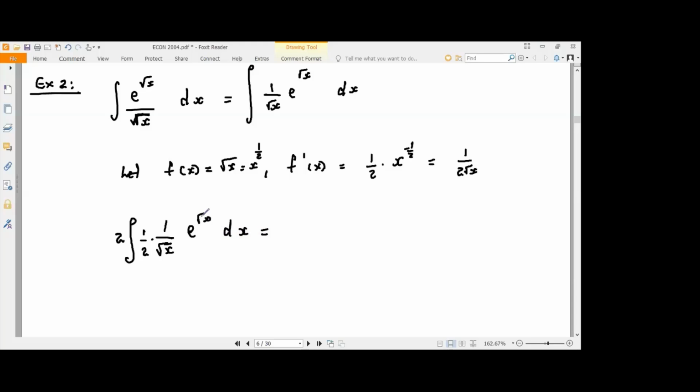Now, if you realize, this here is the differential, so this here is f prime of x, and this here is f of x. So whenever we have f prime of x multiplying e to the f of x, then it just gives me e to the f of x, which is e to the root x in this case here, plus c. But you can't leave off your 2, so you have to write it as 2e to the root x plus c. All right? So those are 3 of the 4 results that I'd like you to pay attention to,